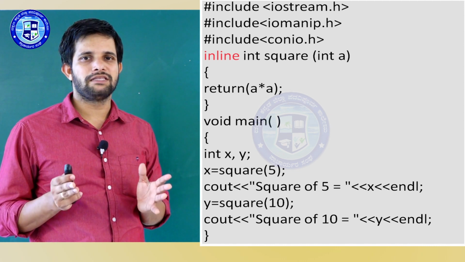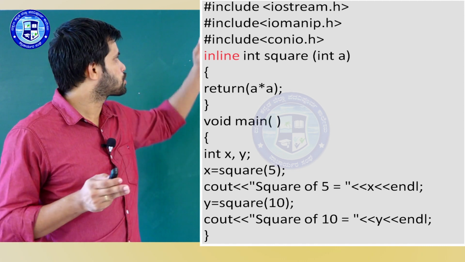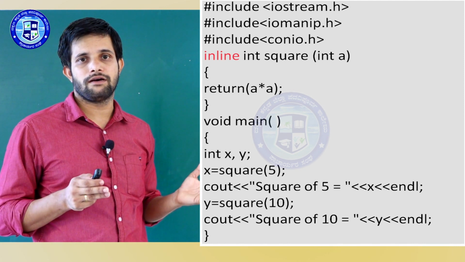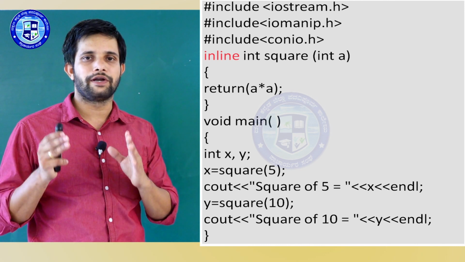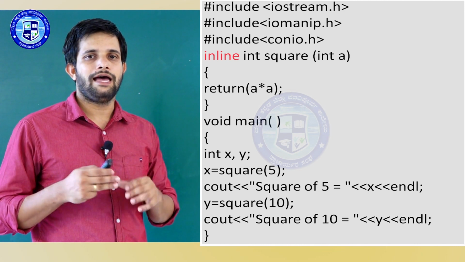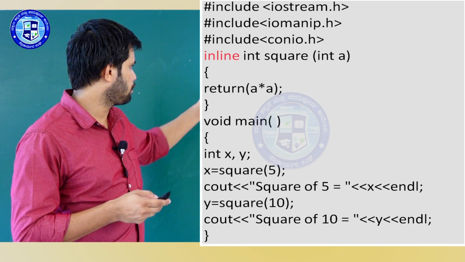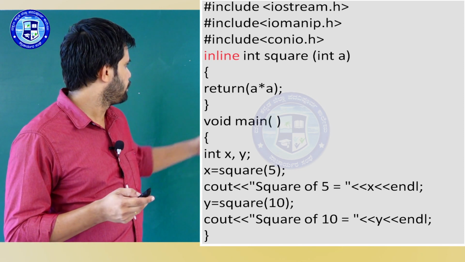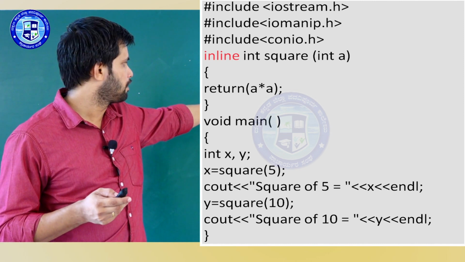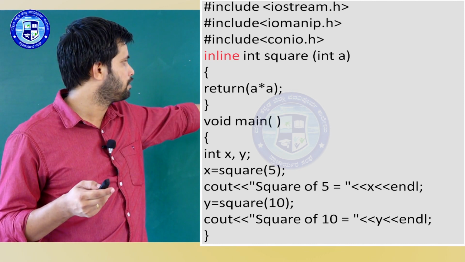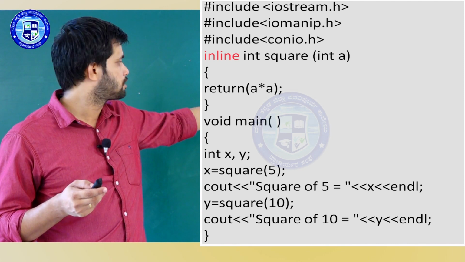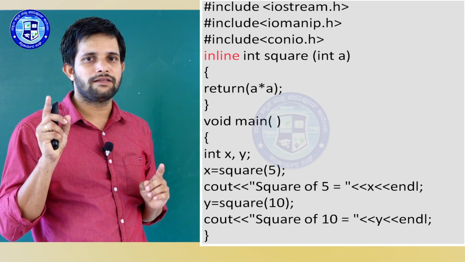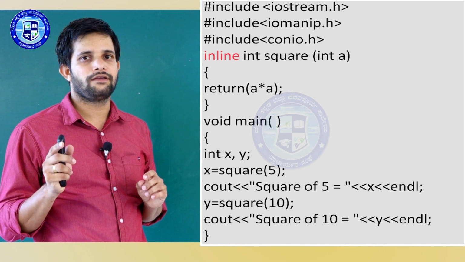These are two simple variables that will receive the square of any given argument value. x will receive one return value and y will also have one return value. So these two are the ordinary variables declared in void main. See here, to the variable x I am getting the value. How am I getting the value? I am calling the function called square. When this function is called, I am sending one argument. So what is the value of the argument here? That is the integer value 5.